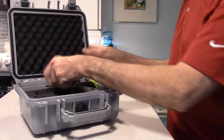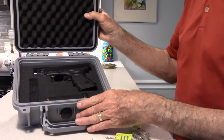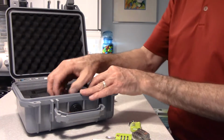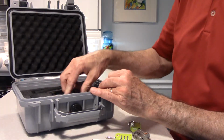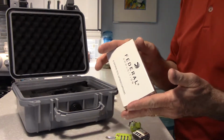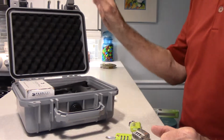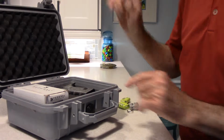So I'll then remove the locks. I will demonstrate that the firearm is unloaded. I will show them the magazines if they'd like to see them. I love these mag pulls because they've got the orange mechanism there to show that it's empty. I'll let them see that the ammunition is contained in another cardboard container. I'm going to set these locks aside for the moment, and then they will hand me a form